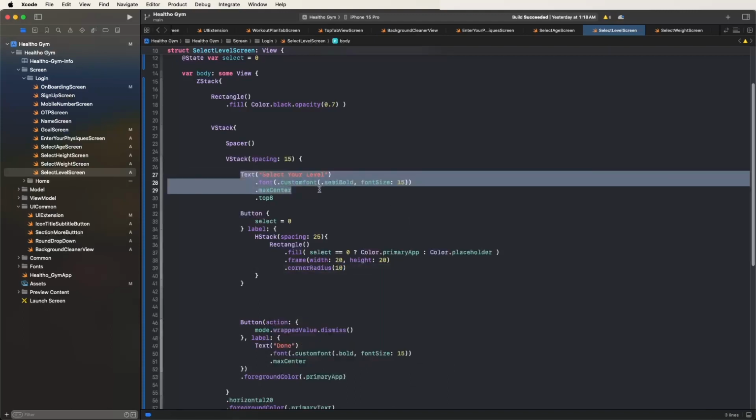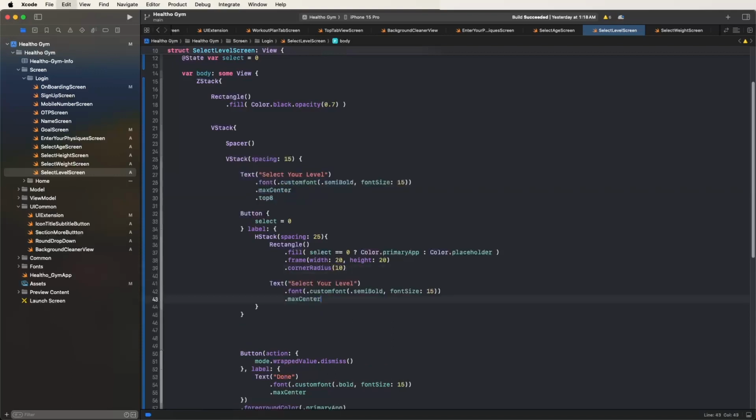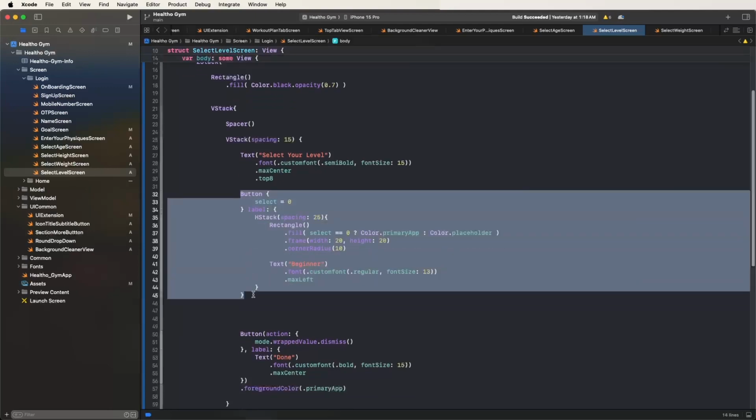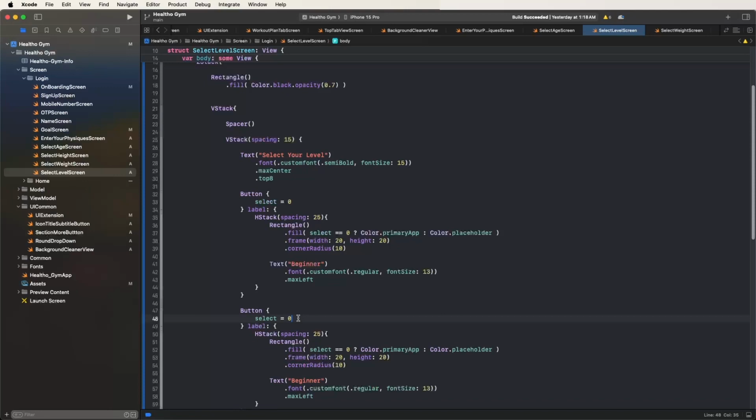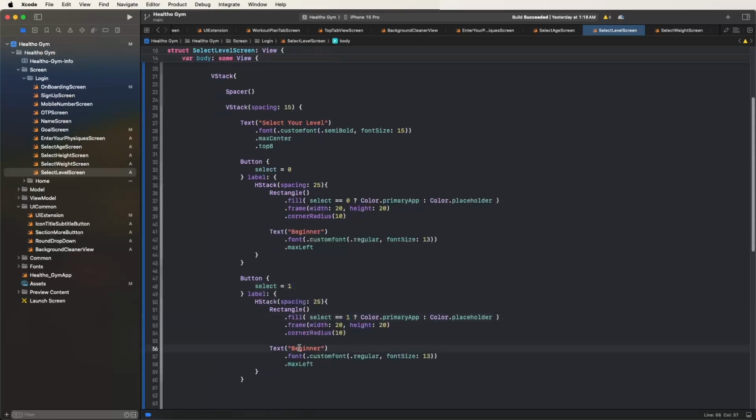And now again need to copy this here the data and to paste this here and to set this here the titles as a beginner. And now need to select here the 13s regular font and set here the max left like this. Need to configure the ears. Same as now need to intermediate buttons need to develop ears. Now need to copy ears to paste this here. Selections need to give this here the ones. I also need to change this here the ones, and now need to set here the titles as a intermediate